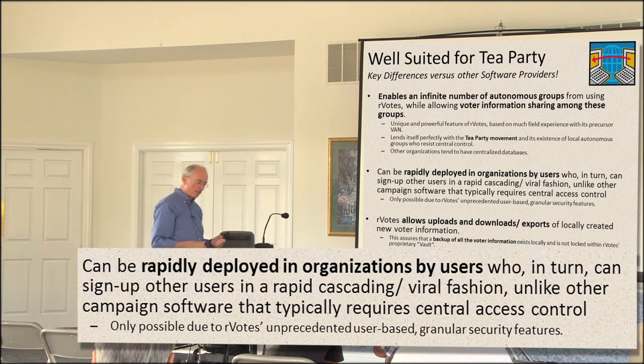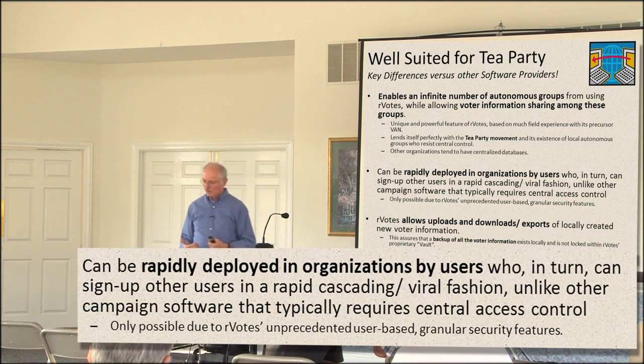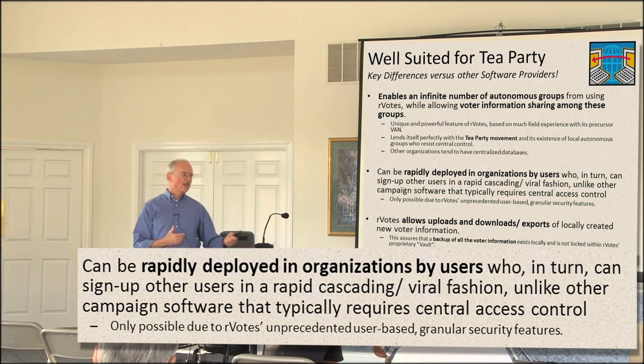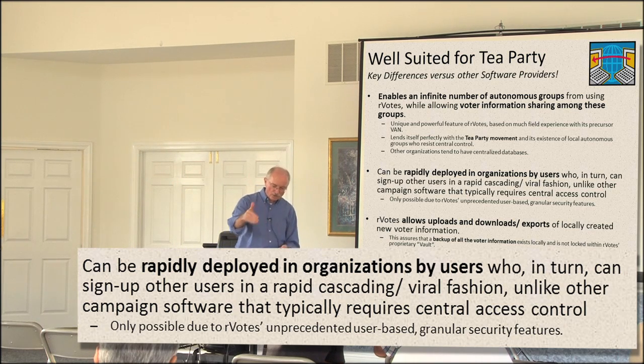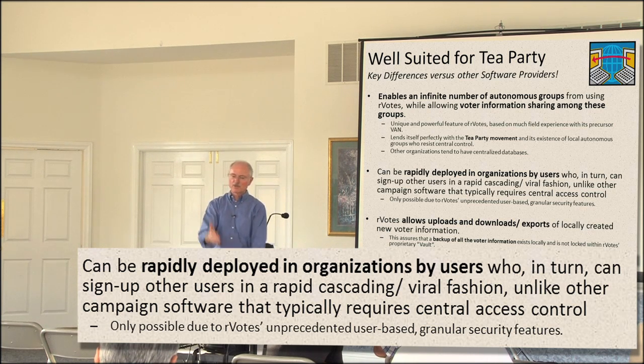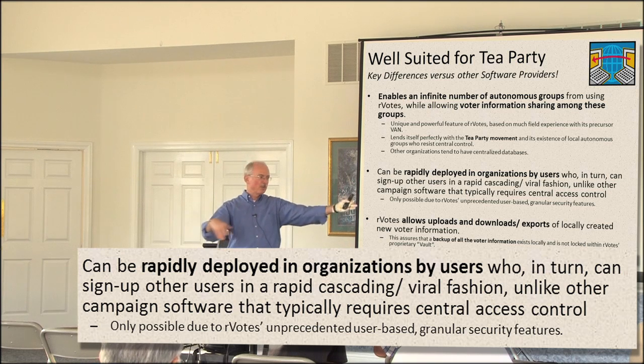And Warren would call her up and say, okay, who are you, blah, blah, blah. And once we decide, okay, she's legit, she's on our side, then I give her access. And I give her full access to the extent that she can now give others in her organization access to rVotes. So it cascades down in a pyramid structure, in essence, where she can give access to the next 5 people on her committee in the